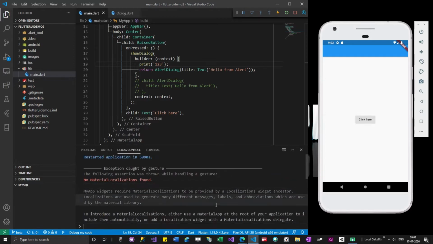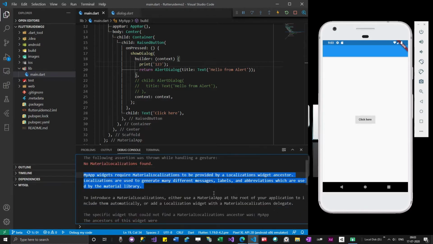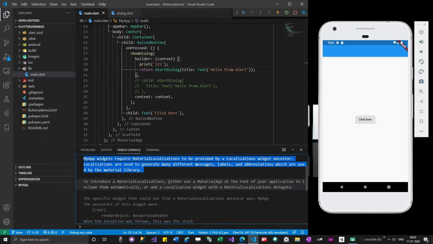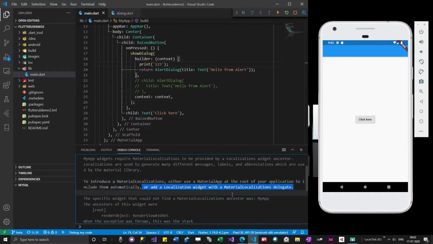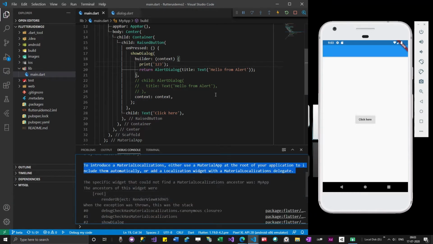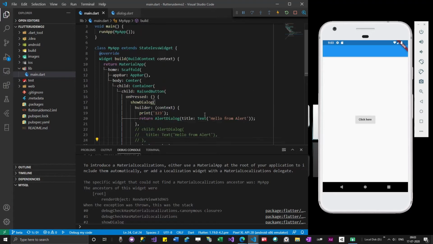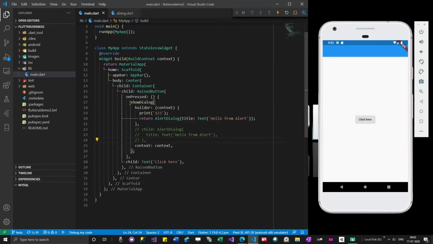What this message is actually saying is to either use a MaterialApp at the root of your application to include them automatically, or add a Localizations widget with a MaterialLocalizations delegate. Practically it is saying that this is not how we should use it.